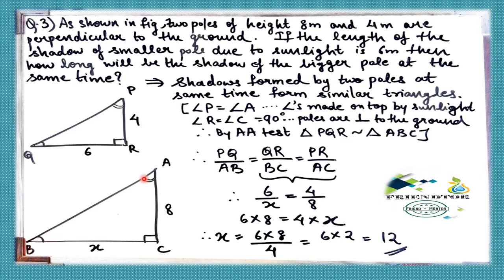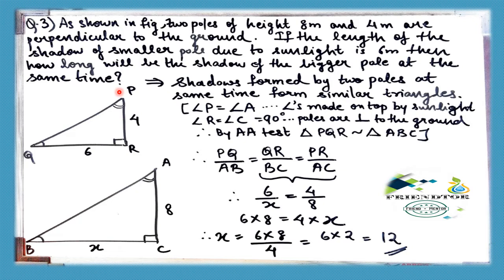Okay, so again this angle P is equal to angle A, that is angle QPR is equal to angle BAC, or simply we can say angle P is equal to angle A, since the sunlight makes the same angle at the top of the poles, two poles at a fixed time. Now the time